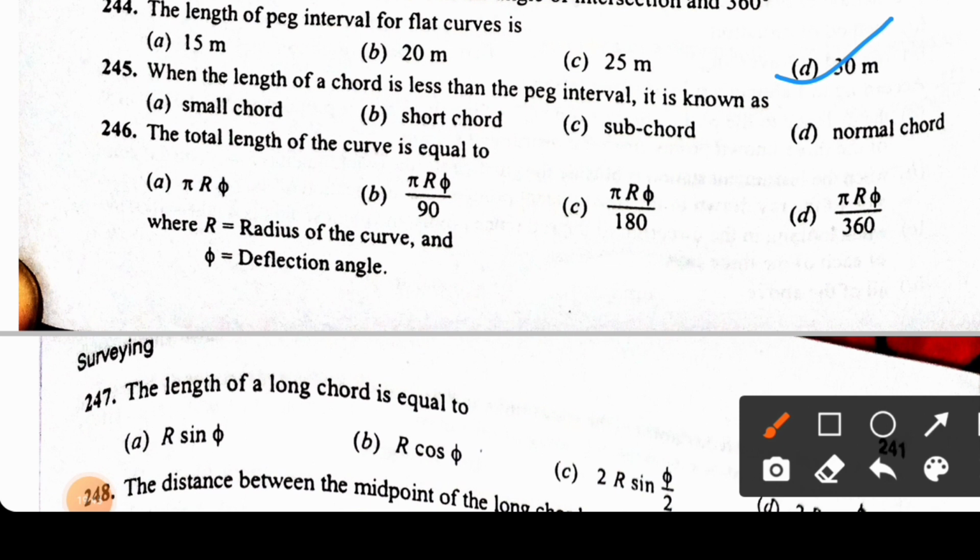When the length of a chord is less than the peg interval, it is known as subchord. The total length of the curve is equal to पाई आर फाई अपॉन 180। करेक्ट आंसर सी।